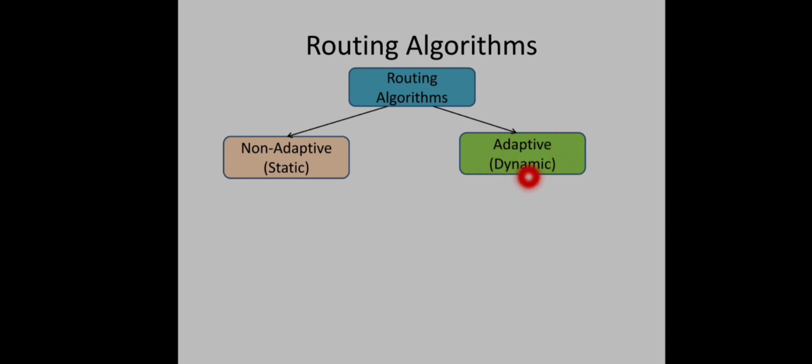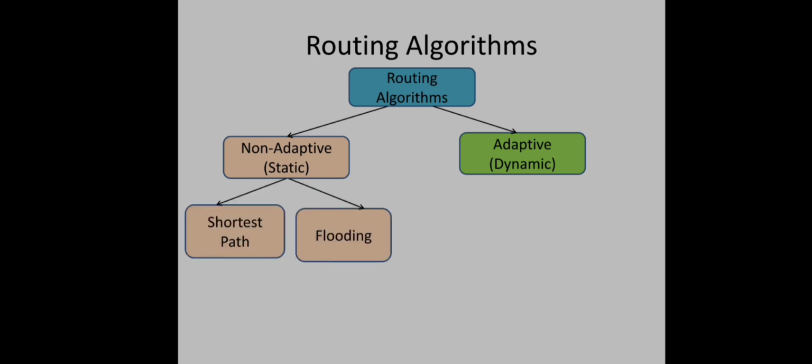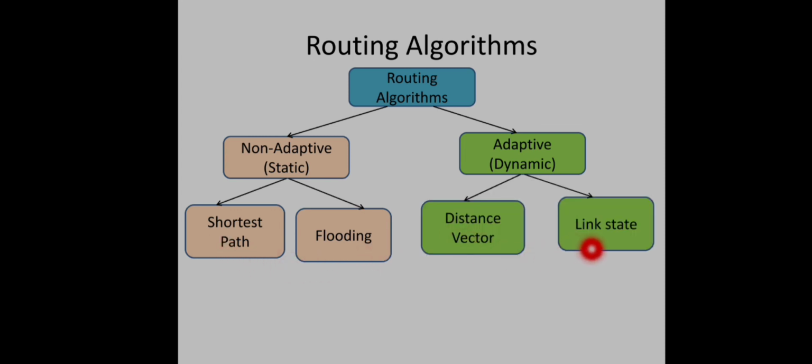Whereas in case of adaptive routing algorithms, current topology, current traffic, such things will be considered to take new routing decisions. So this type of information will be exchanged between different routers to update their routing tables. So this algorithm is always dynamic in nature. So we will see different categories of algorithms in both of these two groups. Main methods in non-adaptive routing are shortest path routing and flooding, whereas in case of adaptive, distance vector routing and link state routing are the main types. We will see these routing techniques in forthcoming sessions.